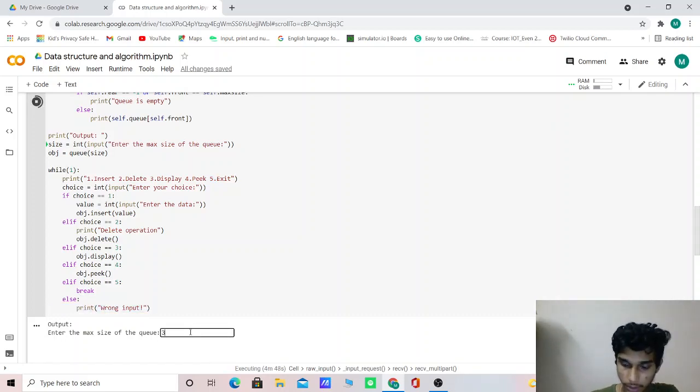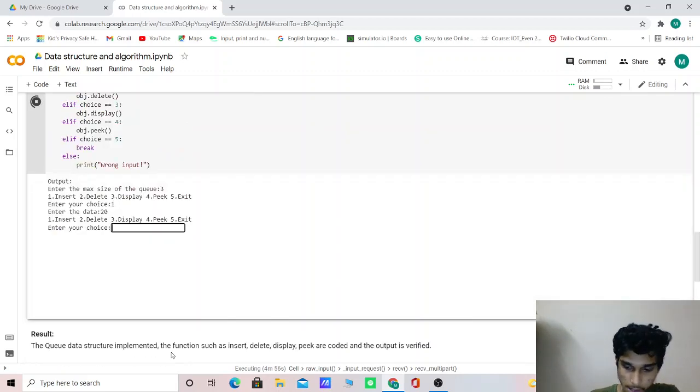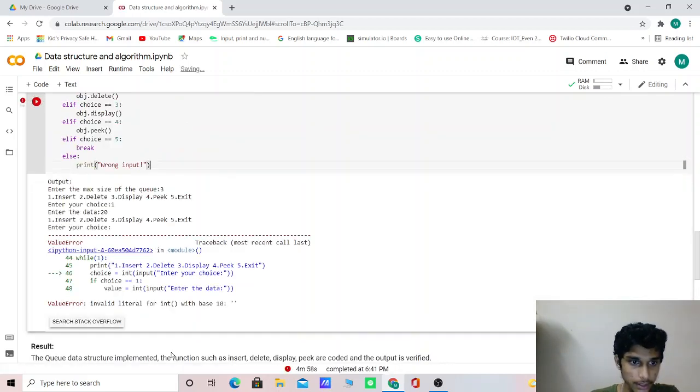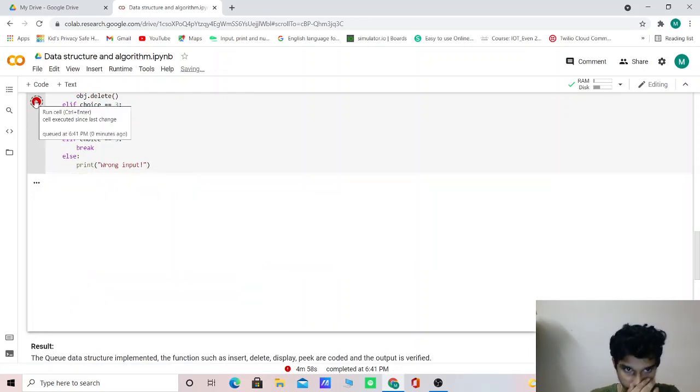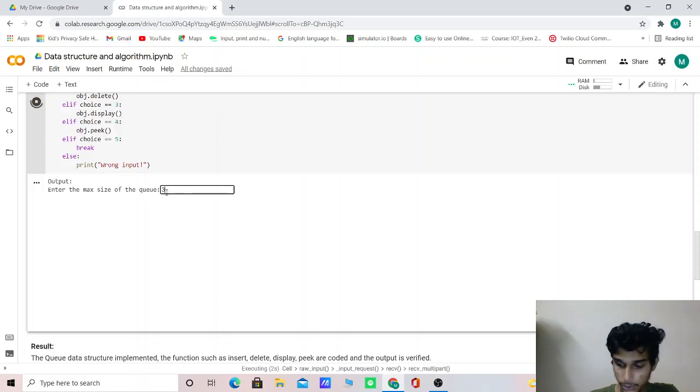So that we are given here the max size of the queue. Max size I'm just giving as 3. Insert, I'm just inserting a value. Enter the data: 20. Inserting again. Wait, once again, I just made a mistake over here. Queue size is 3.